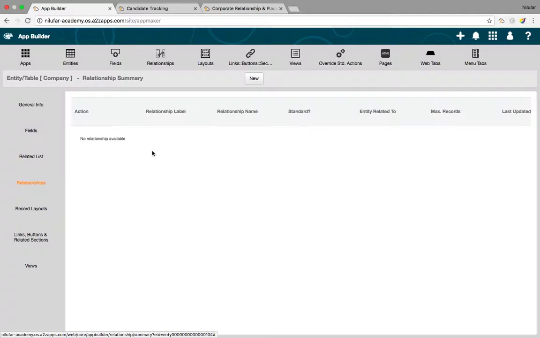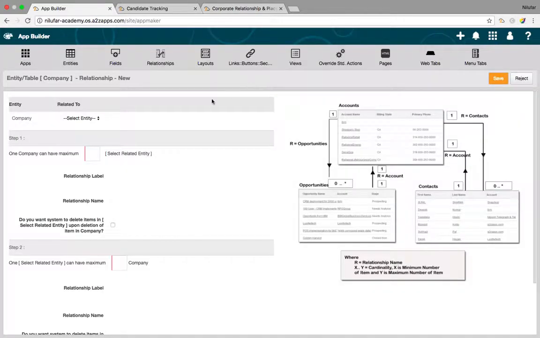Now here I'm trying to establish two relationships. One relationship is between company and contacts, where I can say one company can have many contacts and one contact will be linked to one company only. So I'm going to define that relationship. I'm going to click on new.